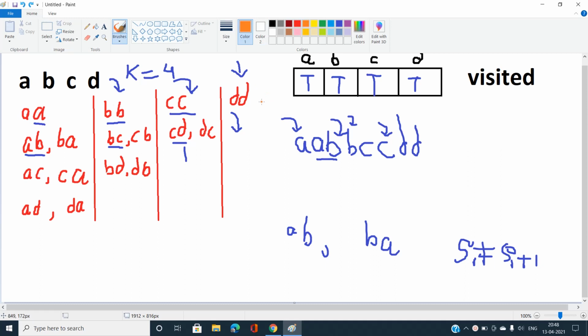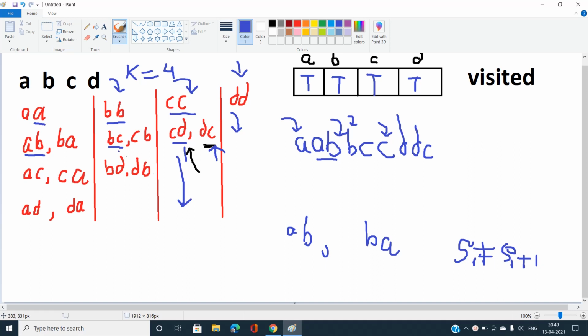Now let's traverse back. If I'm going to traverse back, it means that I have already called this DFS function and it is over now. And if it is over now, I need to check whether we can print this DC. Yes, we can print, because the last ending character is D always, and I am going to append this C to its end. Now if I have appended this C to its end, yes it is done. So I am going to check, are there more elements in this C's adjacency list? No, it is now done.